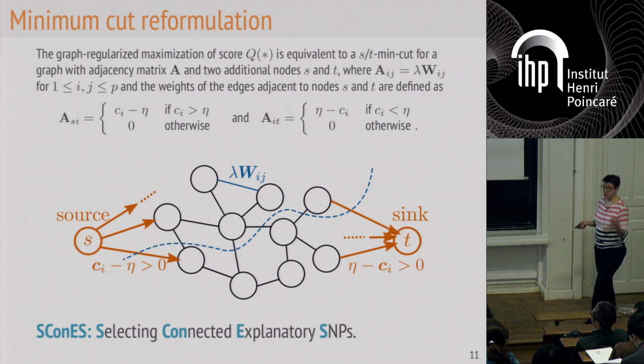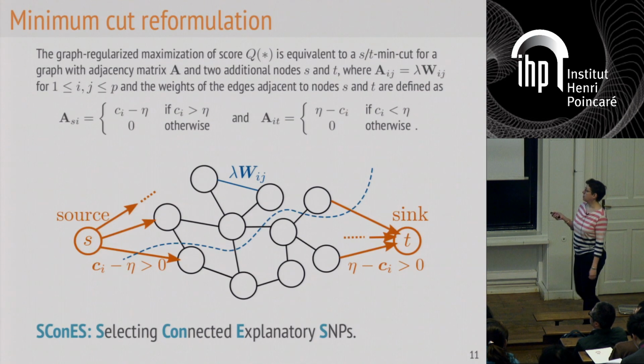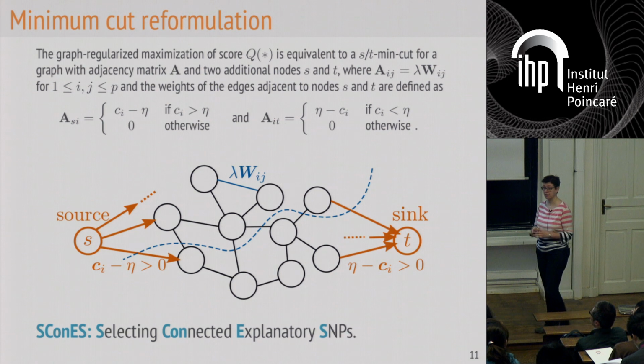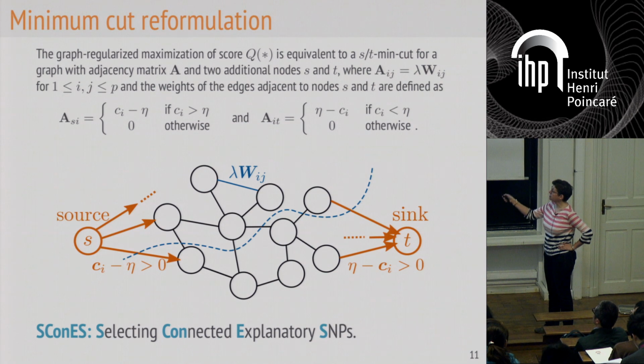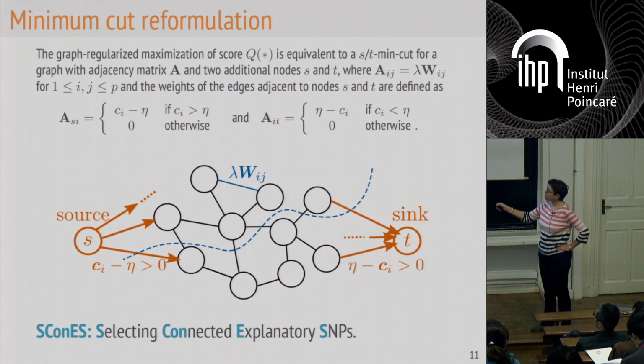And so the nice thing about this formulation is that you can easily move from this equation here to what's called a minimum cut problem, which is something that people in computer vision are usually familiar with. So in black here, you have the network that I was given initially, and you just need a slight modification of this network. You need to add a source node and a sink node. You need to multiply the edge weights by lambda, which is your regularization parameter, well, one of them.